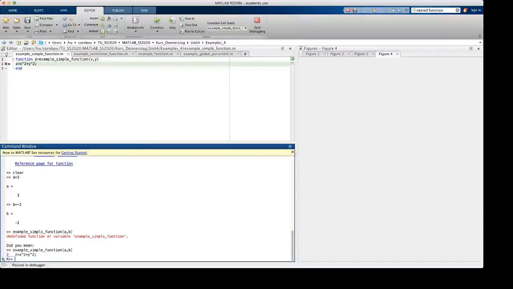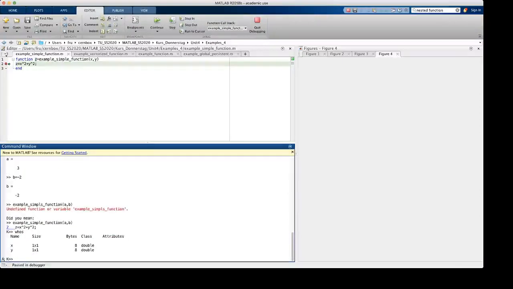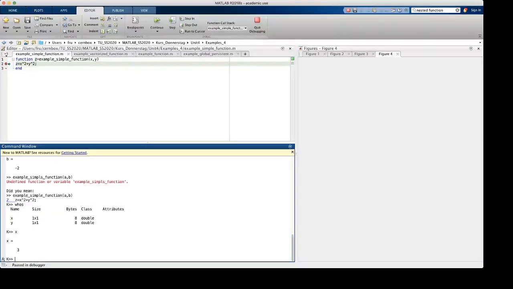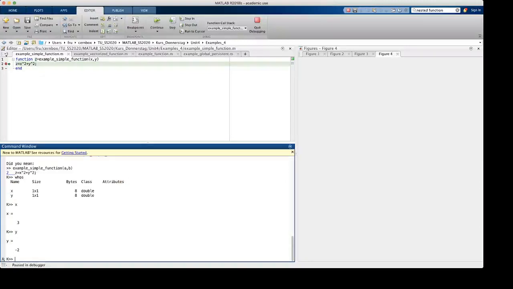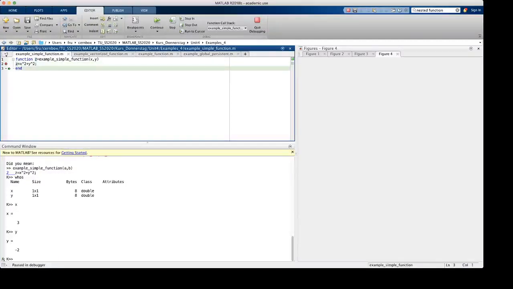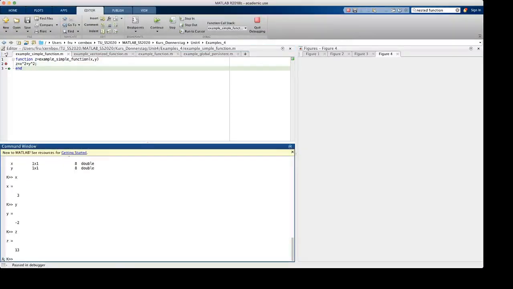Let's look at the workspace. So what do we see in memory? At the current point in time, we only see the input arguments, which are x and y. x has the value we have assigned to a, and y has the value we have assigned to b. Now we operate on these two variables and compute z. z equals 13, and then we leave the function